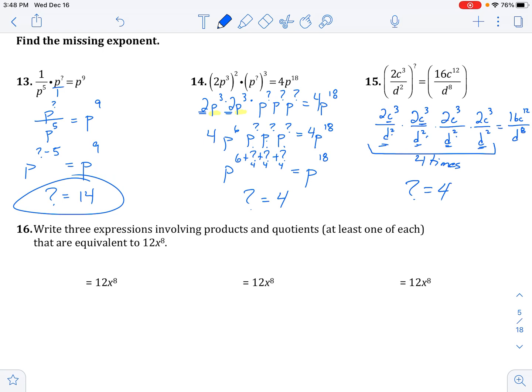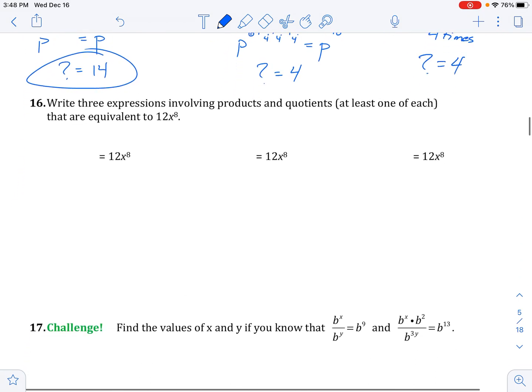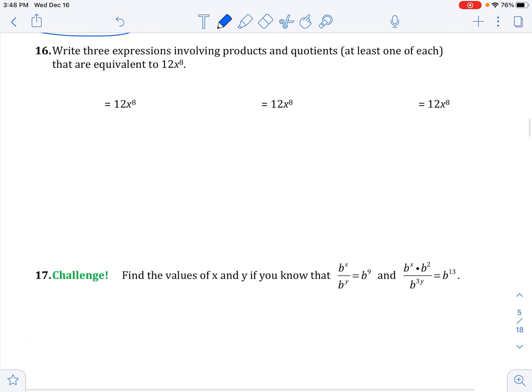I really like the way problem number 16 works out here because it says let's write equivalent expressions using products and quotients, and you got to use one of each that are equivalent to 12x to the 8th. Well, I'm going to make a note here and say answers may vary, because I might recognize that I see that 12 there is 2 times 6. I might also recognize that x to the 8th can be broken up as, say, like x squared